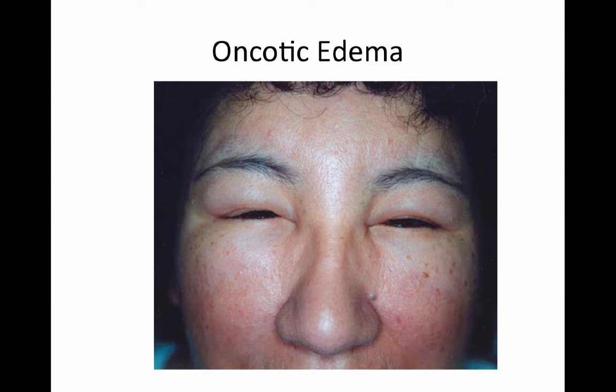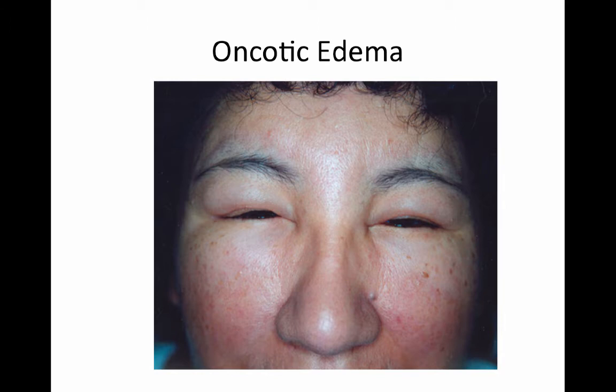Albumin is the most abundant colloid that creates oncotic pressure. So when you have a malnutrition state or you have a liver failure, you have a loss of albumin, and so therefore there's a loss of that intravascular oncotic pressure,